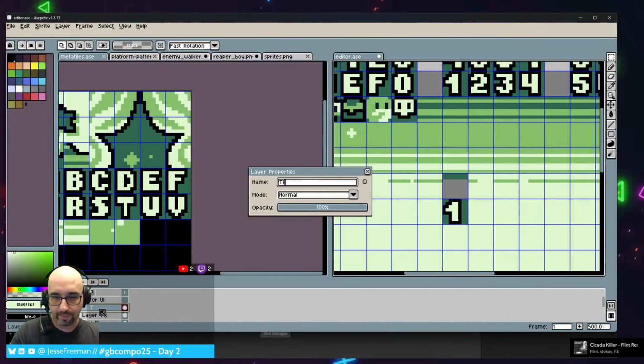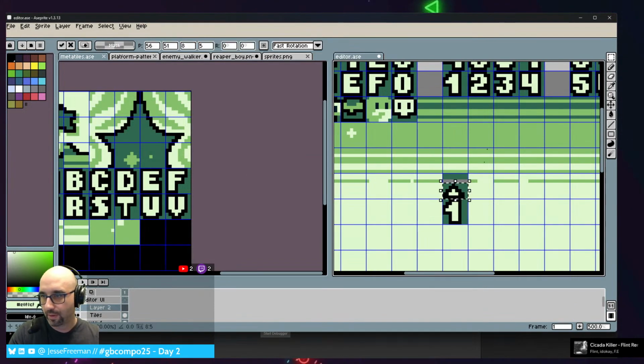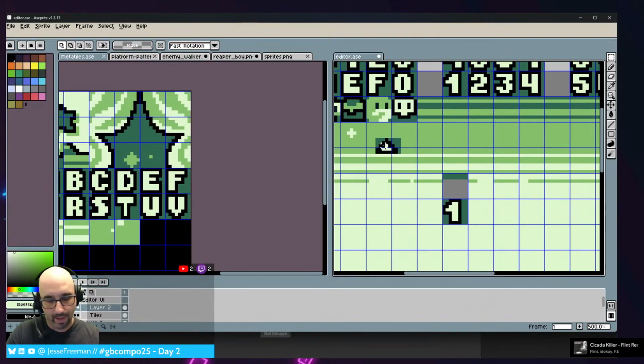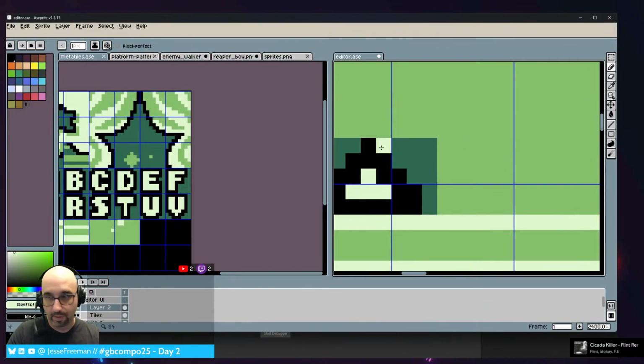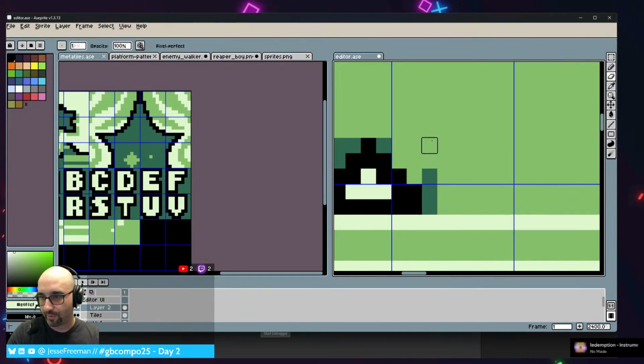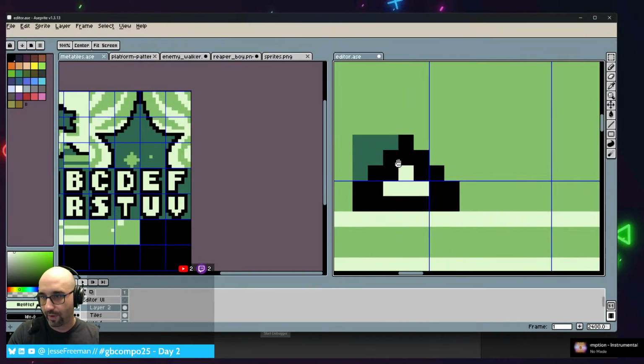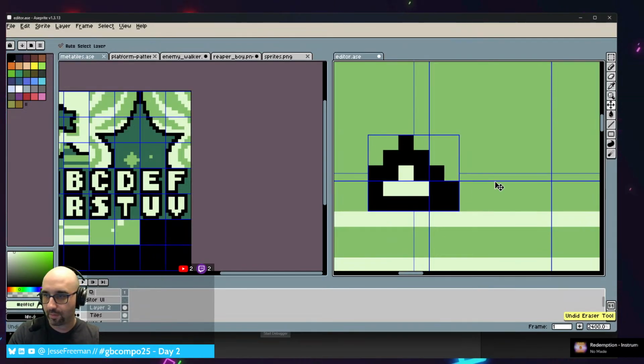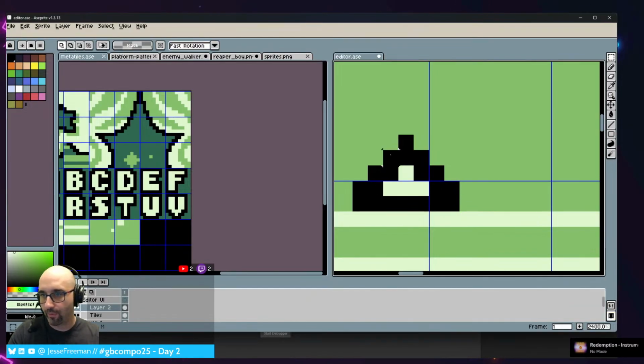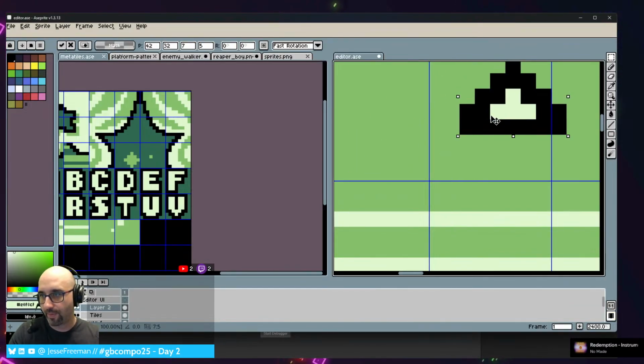Tiles. Shift. Let's paste this guy down, and then we're going to erase this stuff. What I wanted to see was if I moved something like this up here,